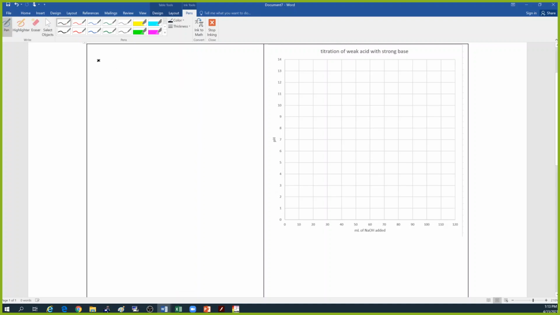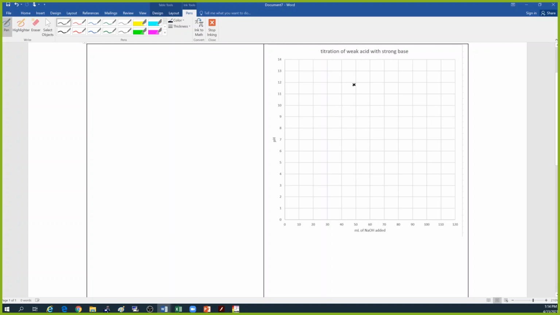So we're going to titrate 50 milliliters of 0.1 molar acetic acid with 0.1 molar sodium hydroxide. And I picked this to be really simple math and really kind of symmetrical because I have equal